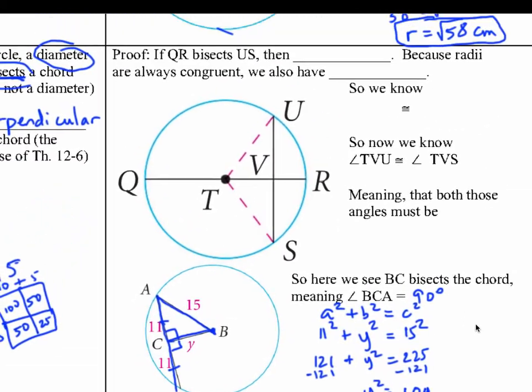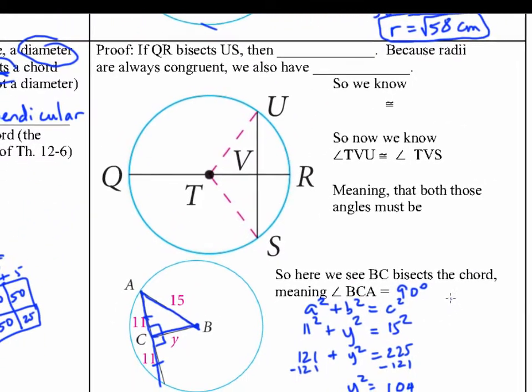Now, as for the proof, why is this true? I've been saying all this. Why is it that when you bisect it, you get something perpendicular? Okay, let's do a quick proof here. Prove that if QR, this diameter, or any segment from the center, bisects this chord US,